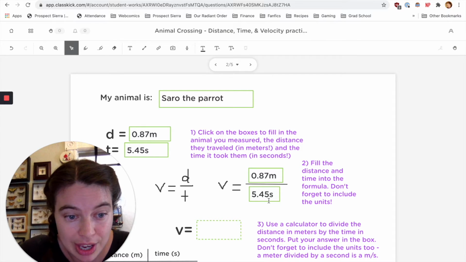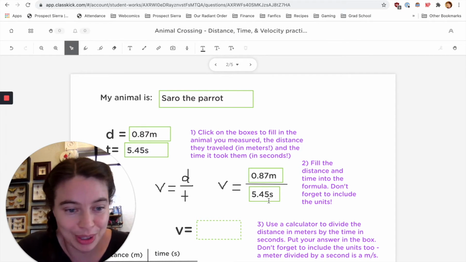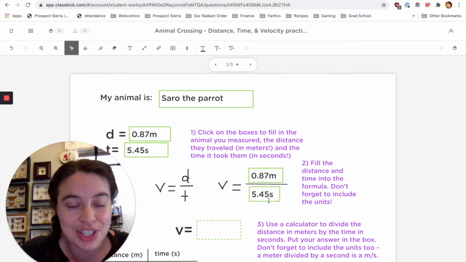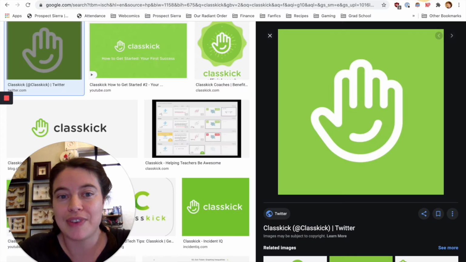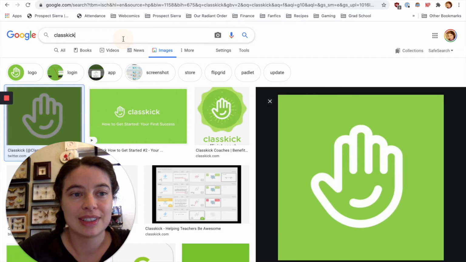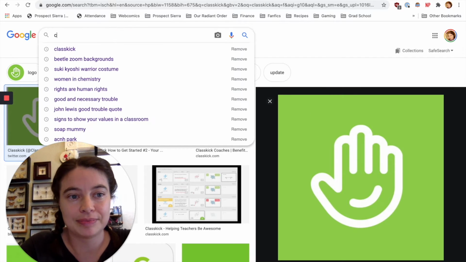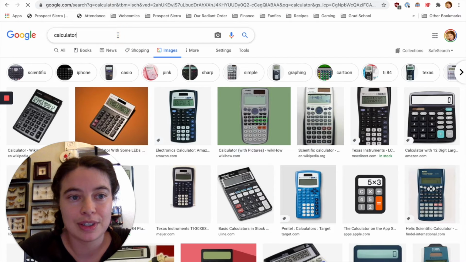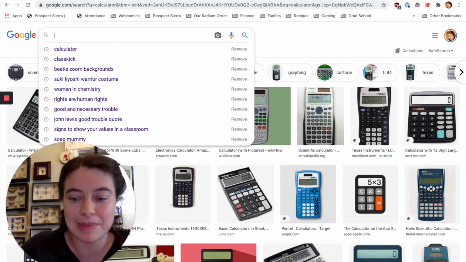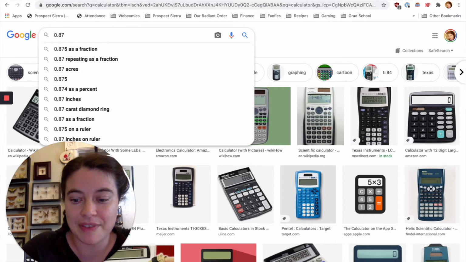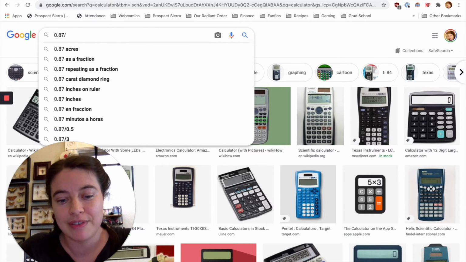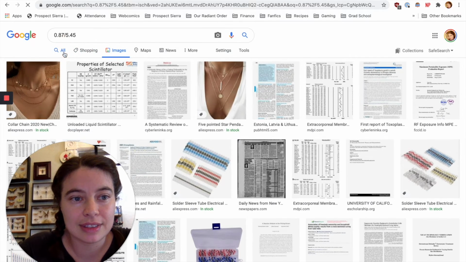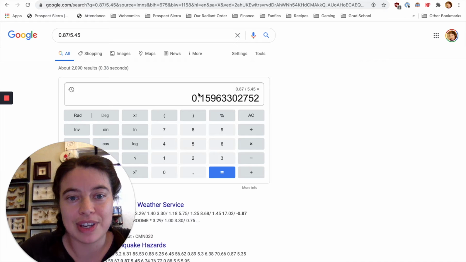Use a calculator here. I don't need to see you do long division. I promise. I don't care about long division. Just use a calculator to get those numbers. So if I go to Google, I can pretty quickly get a calculator. Maybe I'll just type in some numbers and it'll pop up. 0.87 divided by 5.45 seconds. And it'll tell me the answer is